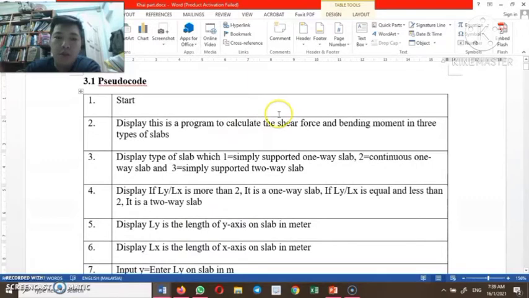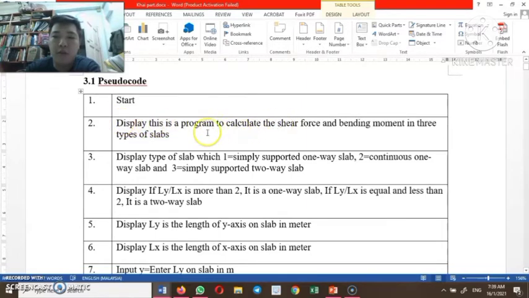So this is my pseudo code. As you can see, it's quite long, so that's why I didn't present it in the slide. So let's get into it. Okay. First of all, my program, our team program, will display that this program is to calculate the